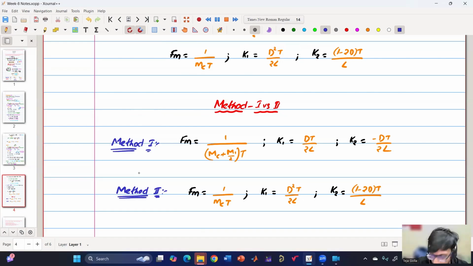And this MC will be captain, so this MC is not small because